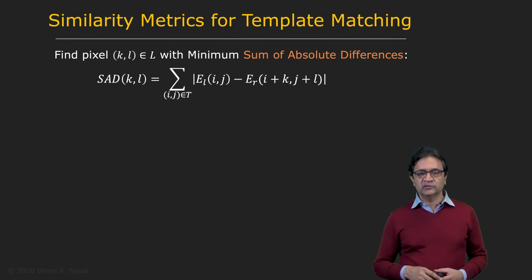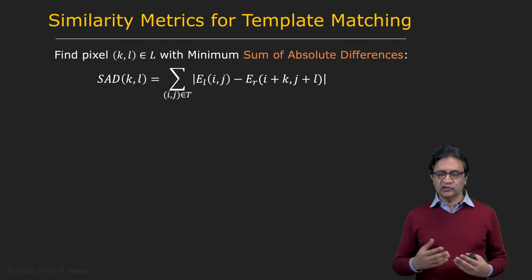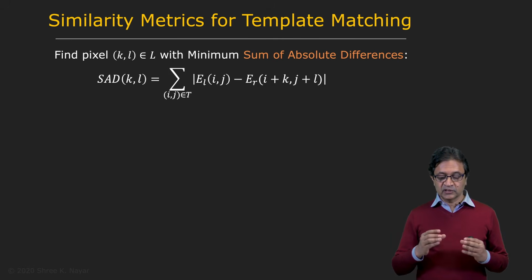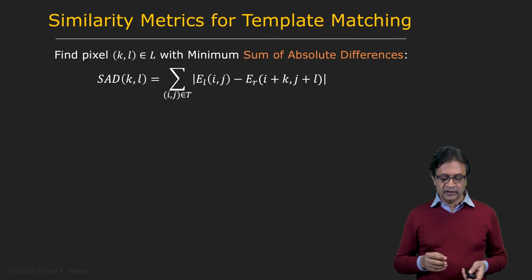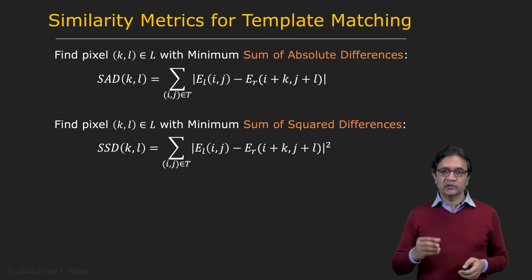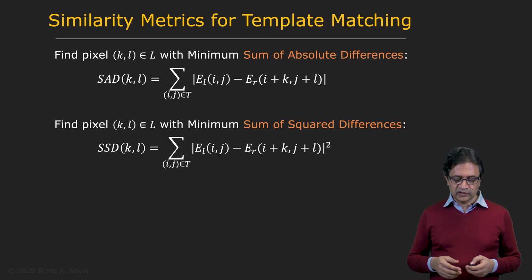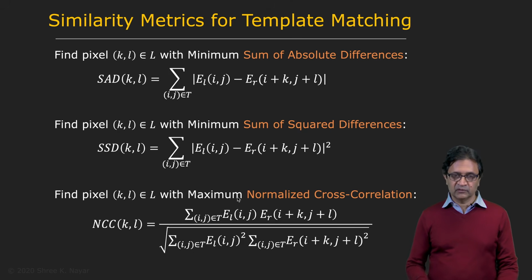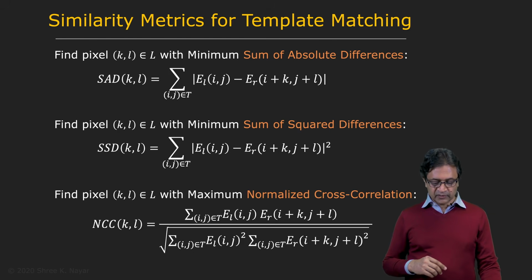Okay, so in terms of finding these matches and doing template matching, just for the sake of completeness, I'll mention once again that there's many different similarity metrics we can use. When we do these matches, you can use the sum of absolute differences between the two windows, or you could use the sum of squared differences, which we've discussed before, or you could use normalized correlation as well. In normalized correlation, you'd want to maximize it. You'd want to find the pair that maximizes it.